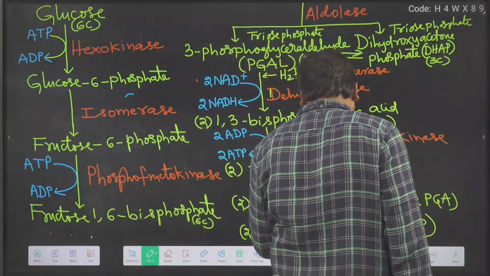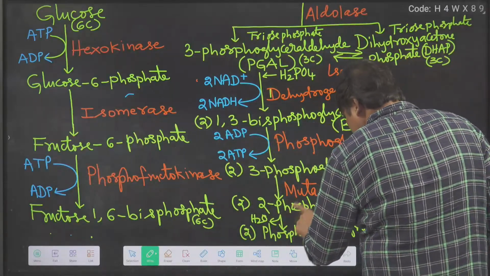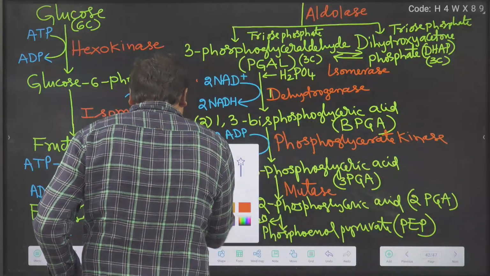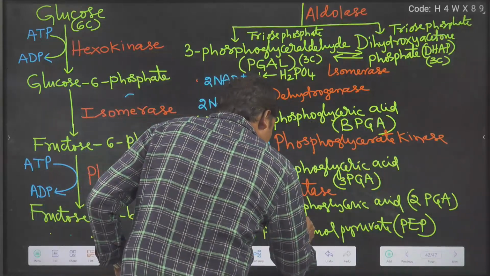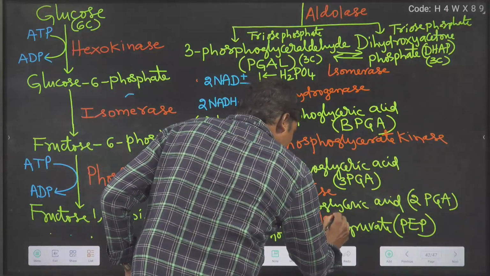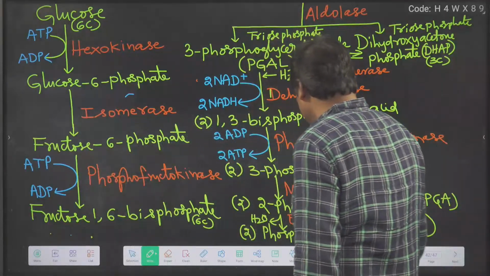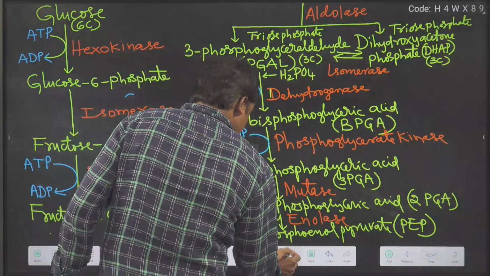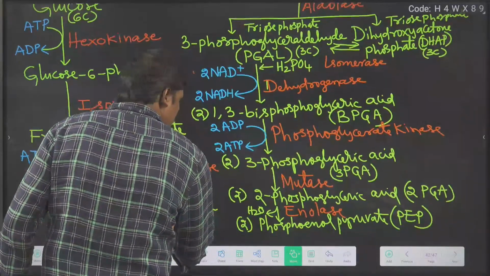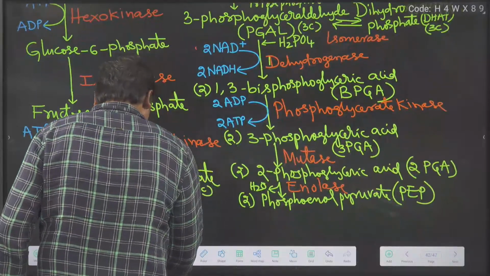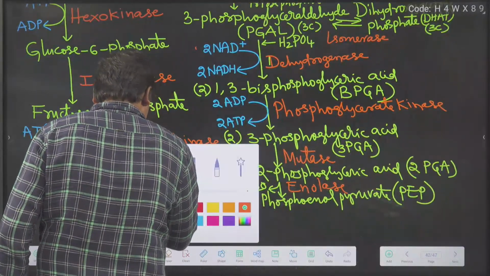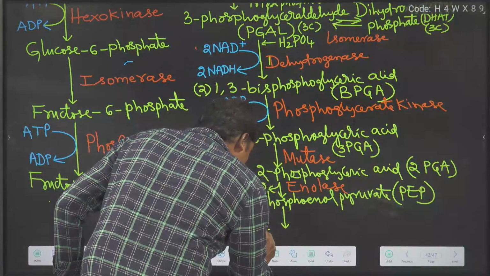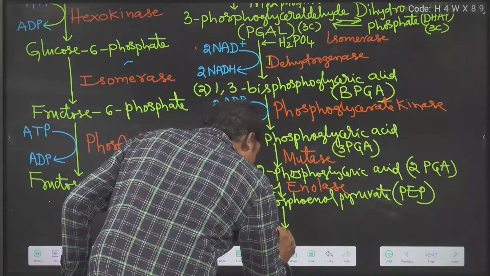Phosphoenol pyruvate is formed. This is catalyzed by an enzyme called enolase. Name of the enzyme? Enolase. Okay. And finally, the last step is again a dephosphorylation reaction. Here it becomes 2 molecules of pyruvic acid,